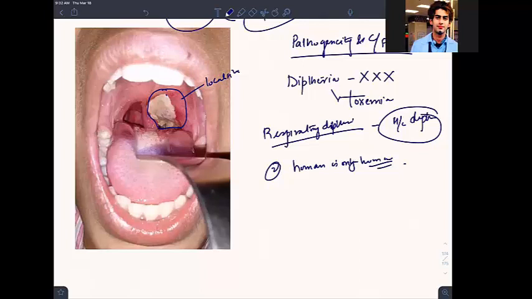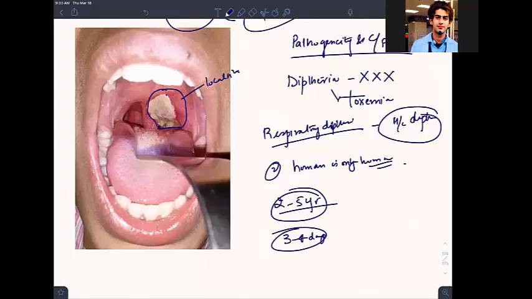How will a person get this disease? He will get it through mucosa or skin. There can be secretions from these places, so you can transmit that. Mostly the age group will be around 2 to 5 years old. The incubation period, the time from the infection to the appearance of the first symptom, is 3 to 4 days.